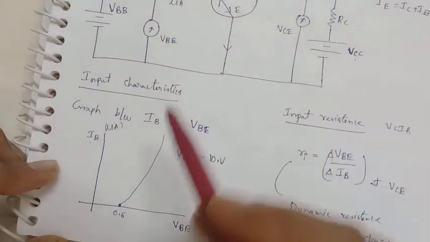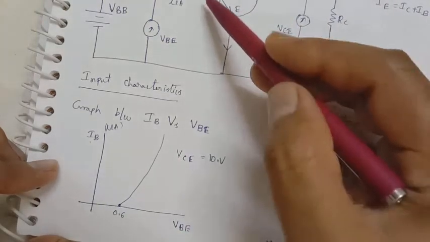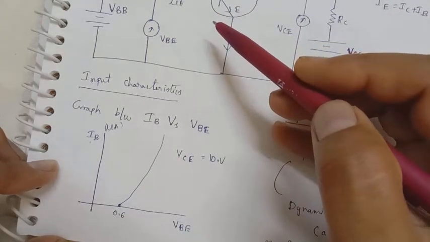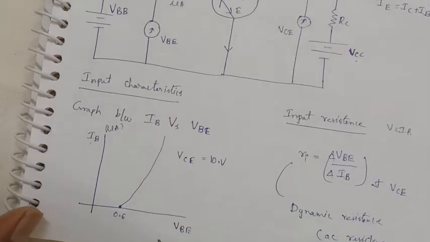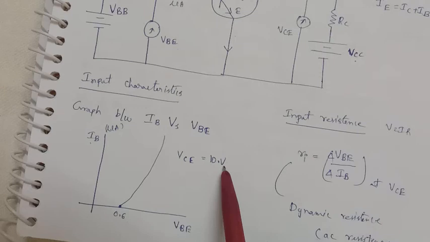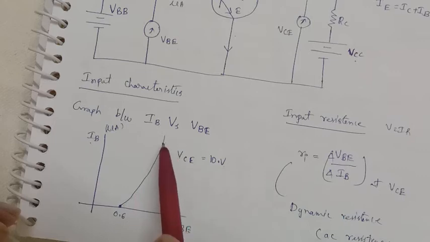So if it is a silicon crystal, this part is in forward bias, and the junction layer breaks at a voltage of 0.6 volts. Then it will be like this. But you have to change the output voltage between collector and emitter. You have to change it, whether it is 10 volts, 20 volts, 5 volts or 6 volts. Then also the graph between voltage and current will be the same.